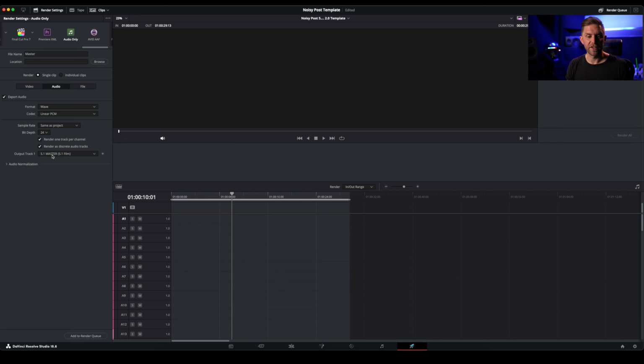And so here we want to select all our channels. So we want to go through and add all our different stems. I'm going to do it in order. So we've got effects, and then we're going to go Foley. Then we're going to go, this is messy, but ambience. We'll go MX. I want it in the order that I've already been working in so that I know exactly